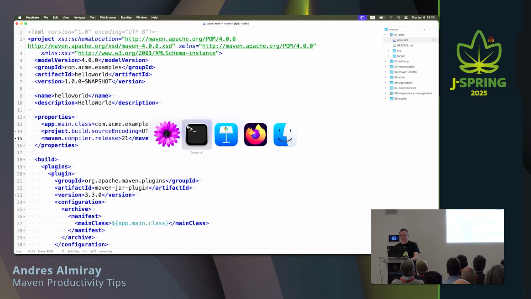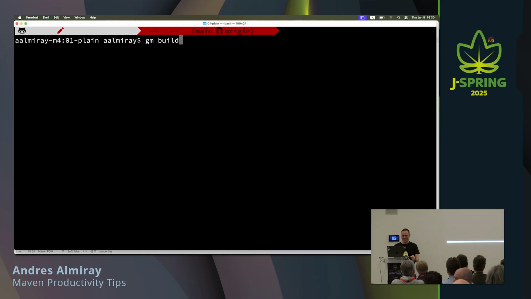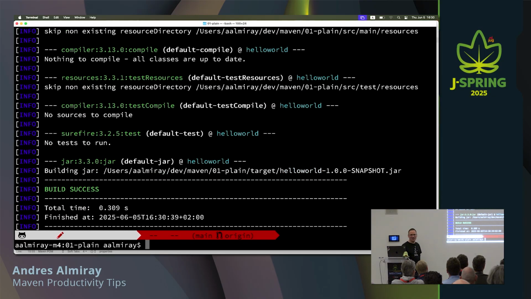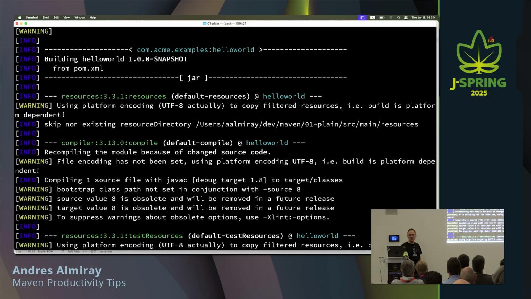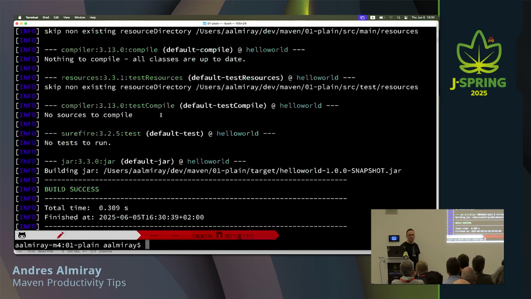Okay? 3.8 something, I did it. Perfect. And you can also use Java version, isn't it? Or is it... No, it has to be the compiler version. Okay. So we invoke this, and now, no warnings. We don't have the warning for the missing version, and we don't have the warning of the resources that were using the default encoding. Okay, so as much as you can, read the logs that are happening and find ways to get rid of those warnings. Because as time passes by, some of those warnings may be upgraded to errors.